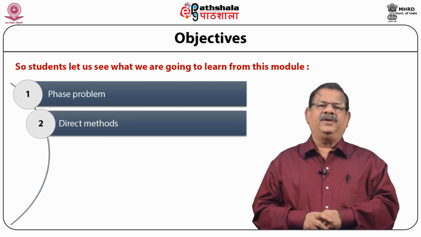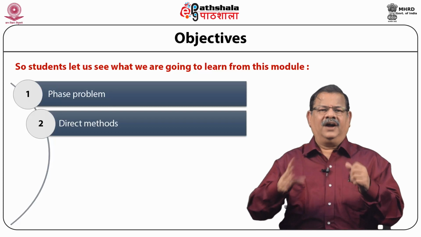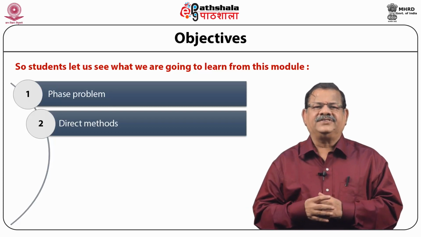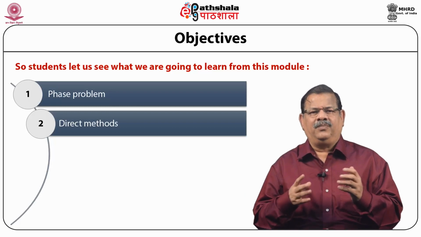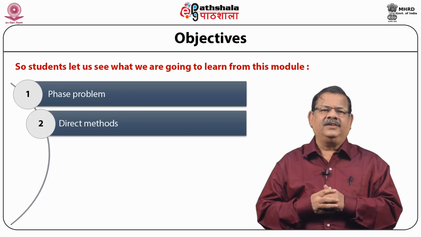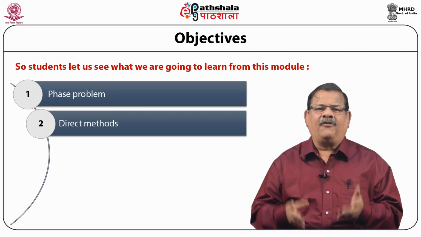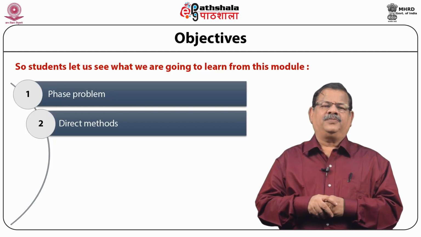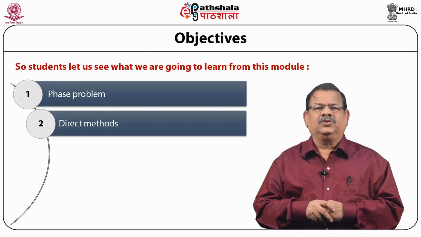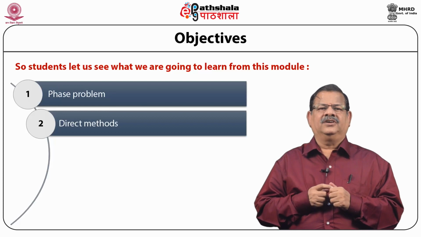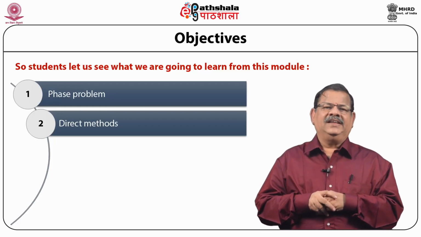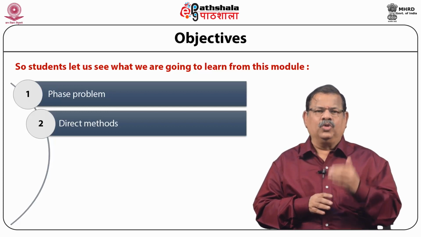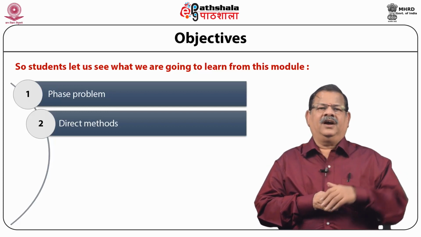Why I am saying in depth is because direct methods have been honored with the Nobel Prize given to the pioneers of this branch of crystallography, namely Professors Hauptman and Karle, who developed these methods from the 1950s onwards, in spite of having been subjected to severe criticism by physicists all over the world. And finally, the formula developed by them in the 1950s was proved by the wife of the other Nobel laureate,